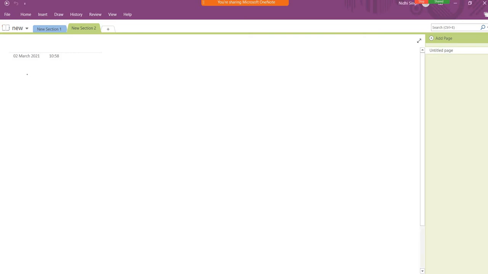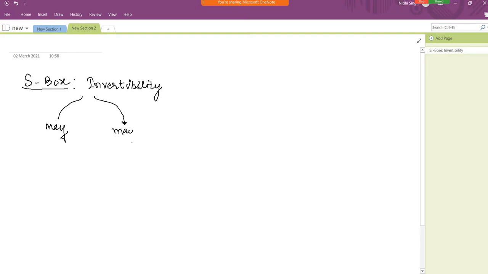So what about the S box? What is the S box basically? I already told you, so I will not repeat it once again. We will check the invertibility of the S box. The S box is used to perform the substitution, and the substitution is done by using the S box table. So what about the invertibility? An S box may or may not be invertible. Sometimes the invertibility of the S box can be found, and sometimes it is not possible to find it.